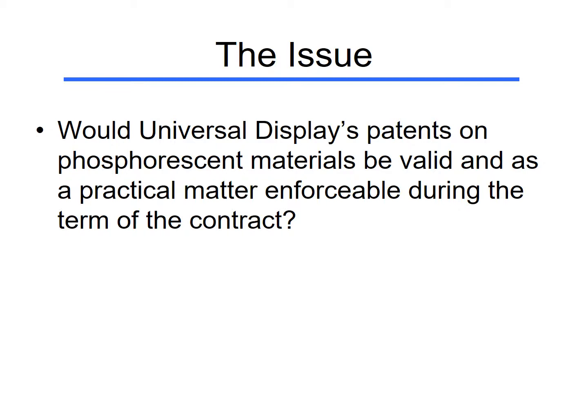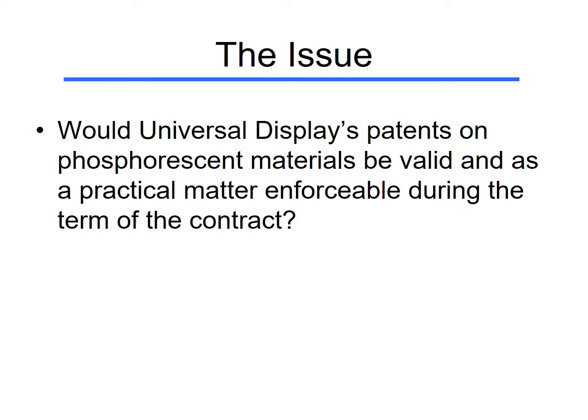And so as they wrote down contract documents, I think each side wanted to bet on its own view of that issue. So they both wanted to throw down together on a license to most of the patents, but then they needed to somehow treat specially the patents about the materials. Universal Display wanted to bet the contract on that. If those material patents hold up and they are enforceable as a practical matter, they wanted to get paid.